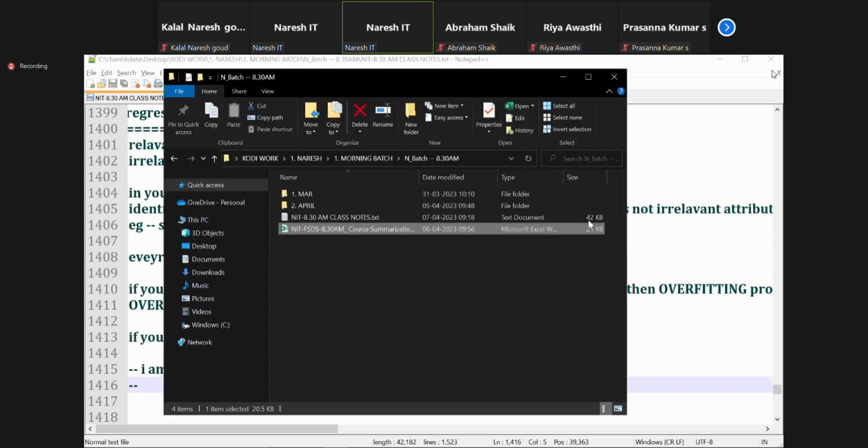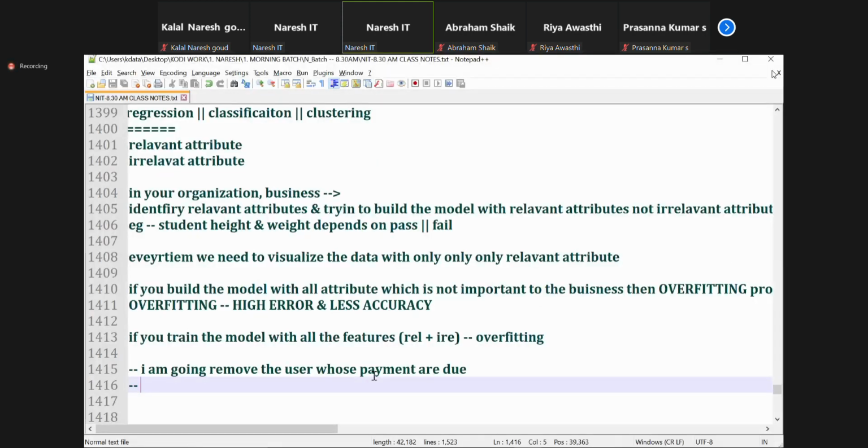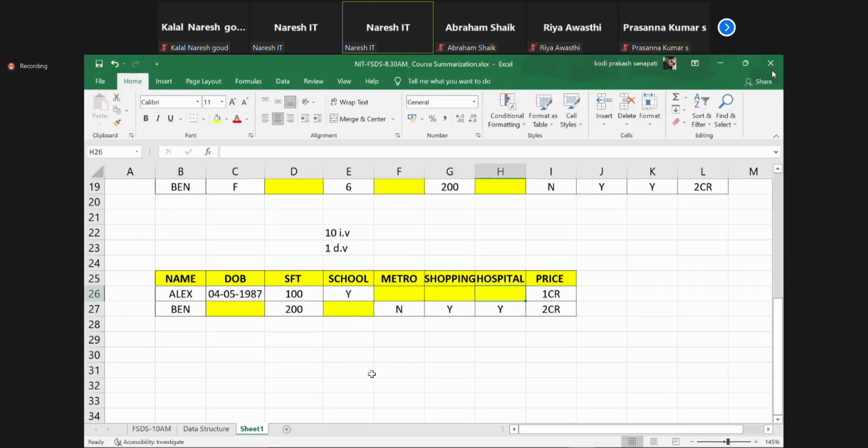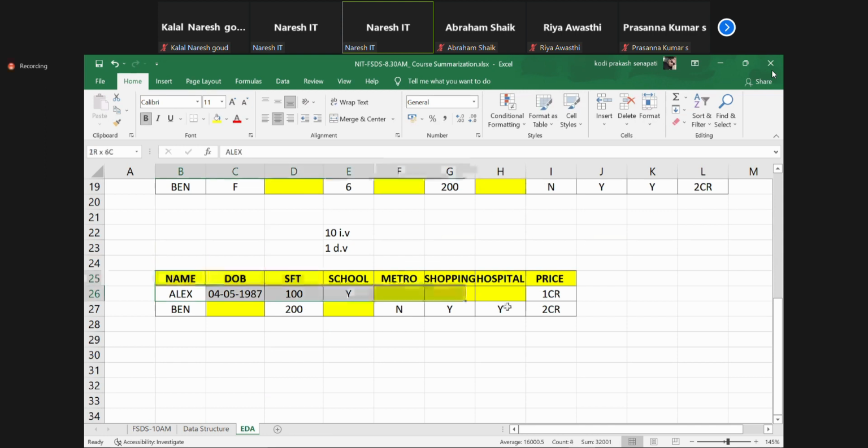Okay, so here is another example. So relevant attributes and irrelevant attributes. Now here many algorithms we will, let me write down, and I can make it as EDA, exploratory data analysis. So, okay, is this data set regression or classification?